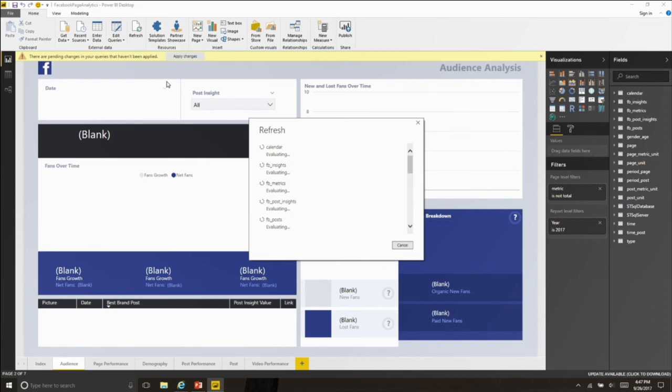Basically, we do some clever magic behind the scenes where we are able to pass in the SQL server and the database name. We don't pass in the username or password, which is why it could prompt me for credentials if it hasn't cached them. But that's pretty much all you need to do to actually connect to the data. Then everything should just go ahead and refresh and run. So I'm going to give this a second to run. While this is running,